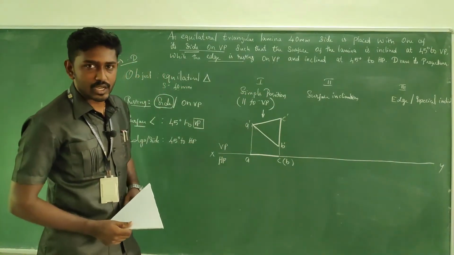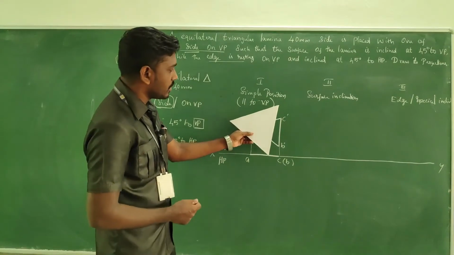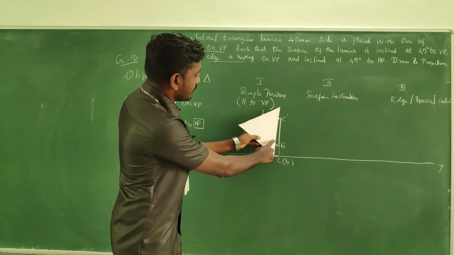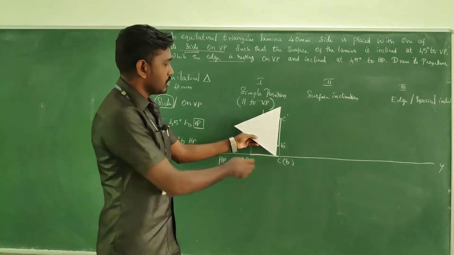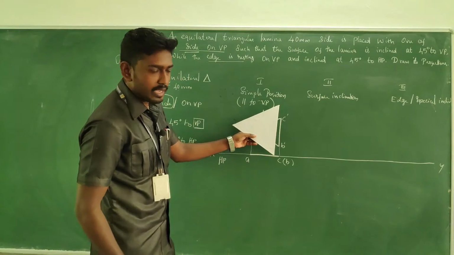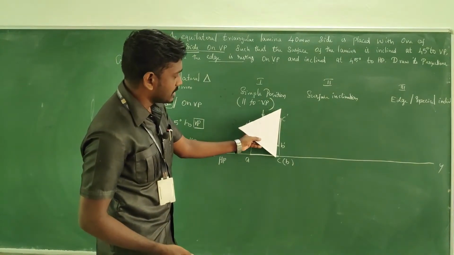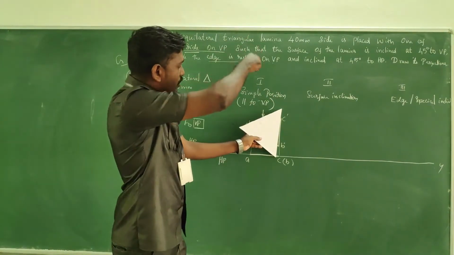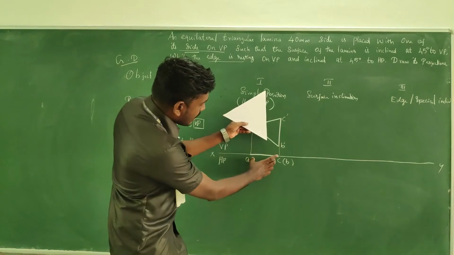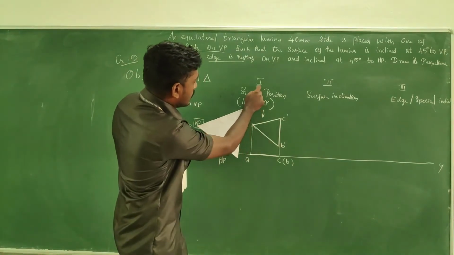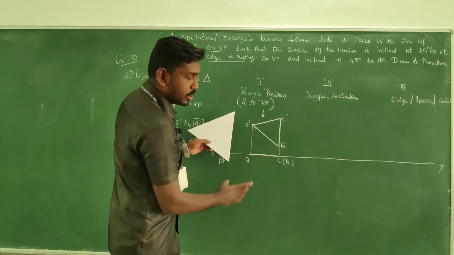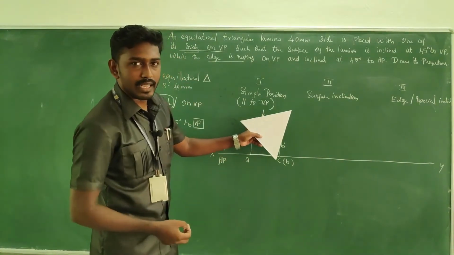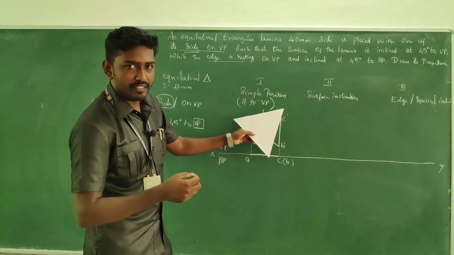Okay, fine. So next, the second stage, which is surface inclination. What do you have to do? Now the observation we have taken is something like this. Now we're going to incline this surface. We have kept it parallel to VP like this. Now we're going to tilt the object, inclined to VP. From the top view we can see the straight line. It is easy. From the first position we got the true length in the top view. So we're going to tilt the line first here, and then take the observation of the front view.